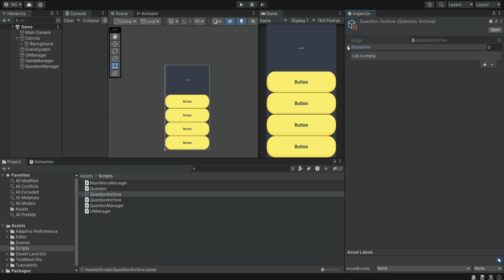So we can see an array of questions. It's empty, so we can simply click over here and add a new question. Then we need to add the question text, the actual question, and also the answers. And then the correct index. We're going to change the logic a bit later, so don't create a lot of questions right now. Otherwise, they will all be deleted. Right now, you can create a few questions just to see that it works, but later we're going to change